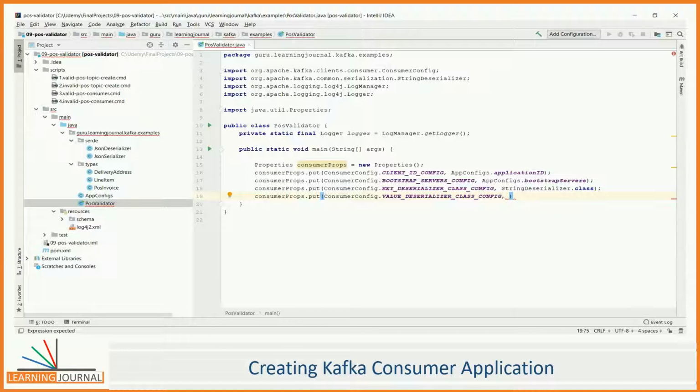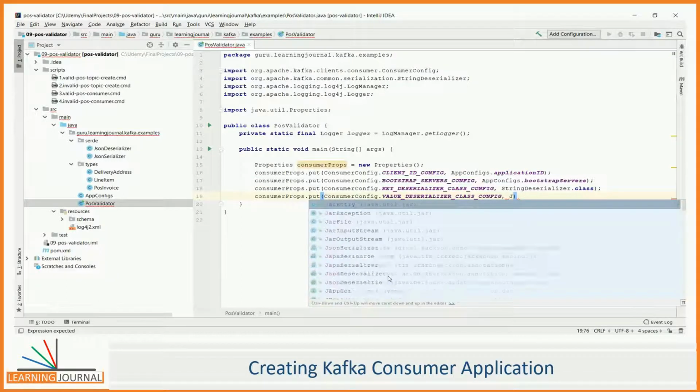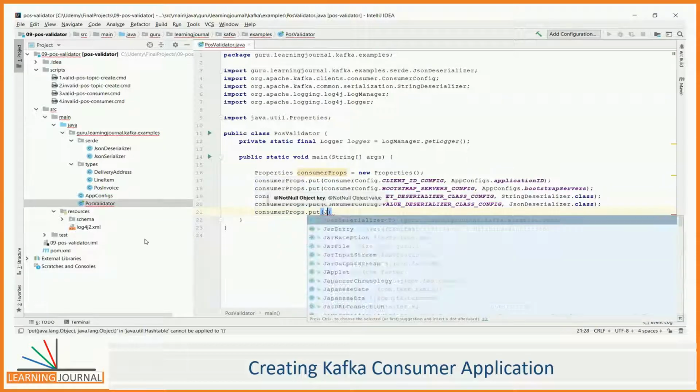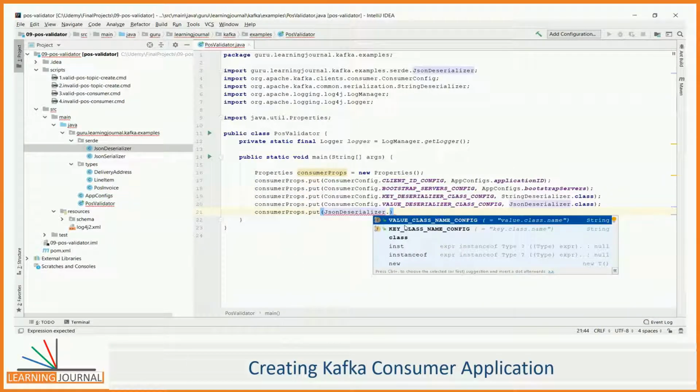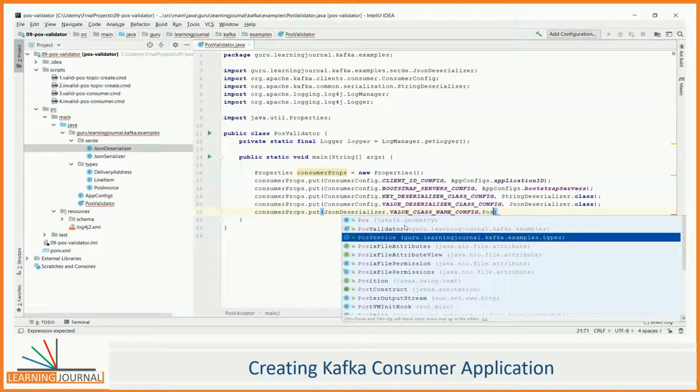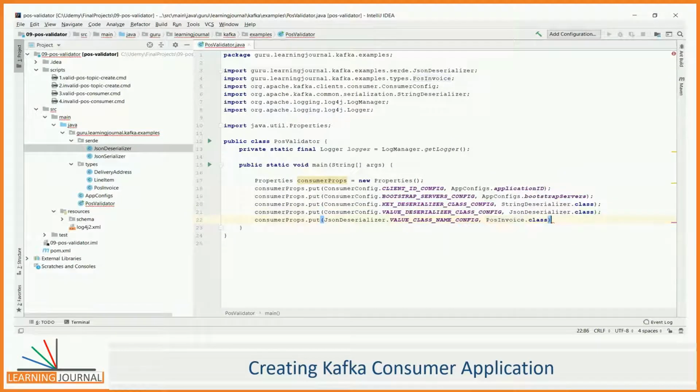Since the example is intending to read the messages sent by the POS simulator, and the POS simulator used a JSON serializer, the corresponding consumer must be using a JSON deserializer. The next configuration, value class name config, is the target deserialized Java class name. We want our message to be deserialized to a POS invoice, right? Great. Let me add a couple of more configurations.